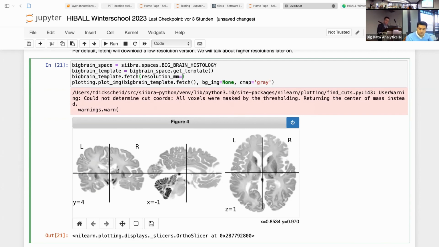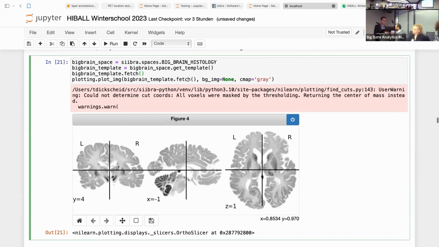Usually, what you could do is use -1 to say I want the highest resolution. Siibra will not do this. It will not download this 1 terabyte thing. It will complain. So if I do this, it will choose a lower resolution version, which is higher than the previous one, which it considers feasible, and it usually considers feasible for download what has a few hundred megabytes. So you don't want to do this for the whole brain model,